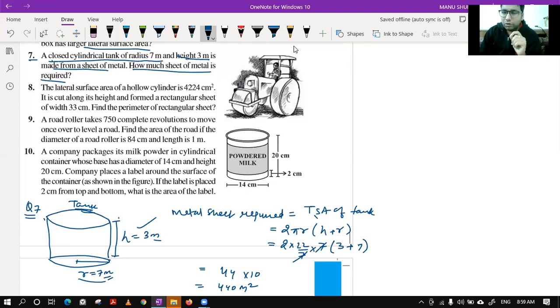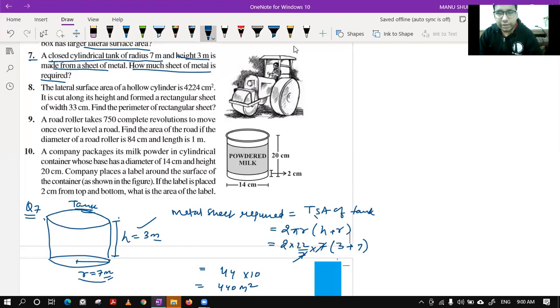In real life we cut 1 or 2 meter squares extra for the margins. Class, in real life we cut 1 or 2 meter square extra for the margin, but in the questions, if it is not given to you that you have to consider the margin, you will not consider it. Okay,